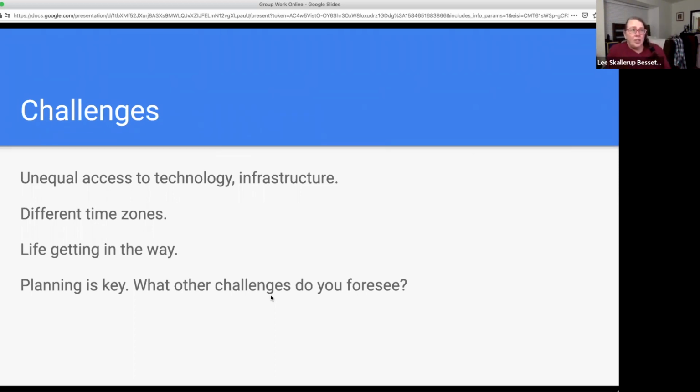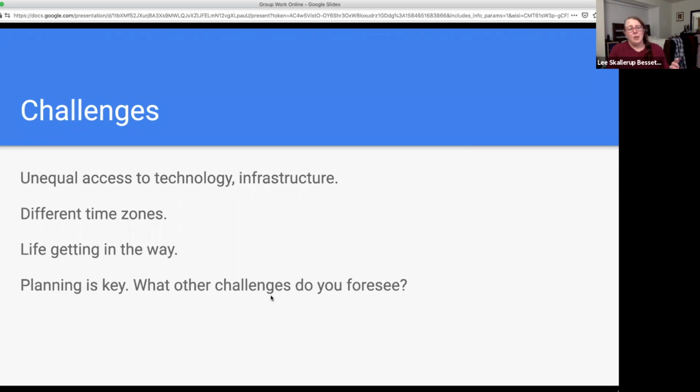So some of the challenges, as I outlined as I was talking through that last slide: unequal access to technology and infrastructure, people living in different time zones as they go home, generally life getting in the way. But planning really is the key here. And so again, if we can plan ahead, if we can have those memorandums of understanding or terms of service or whatever you want to call it, if MOU sounds a little too formal and businesslike, we can plan and have the students help come up with mitigation strategies, right? Leave this open and let the students help decide how they're going to go about doing this, how they're going to get the work done, and what they're going to do in the case of trouble.